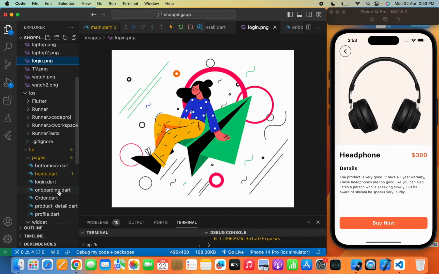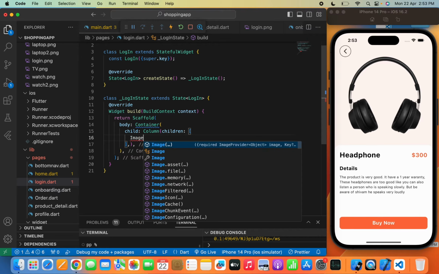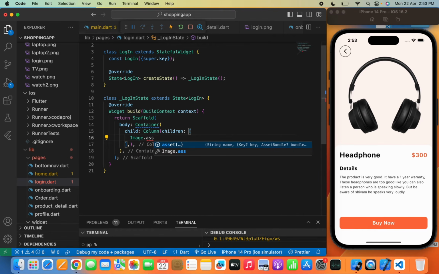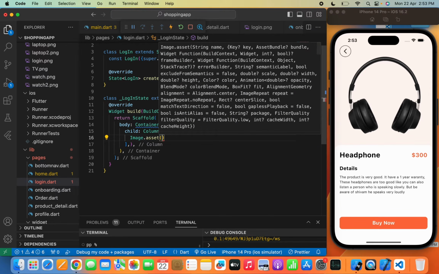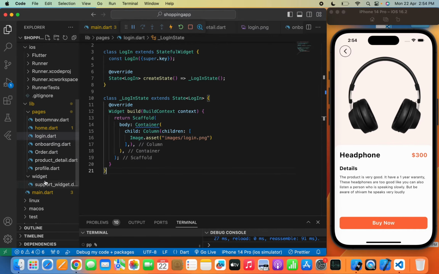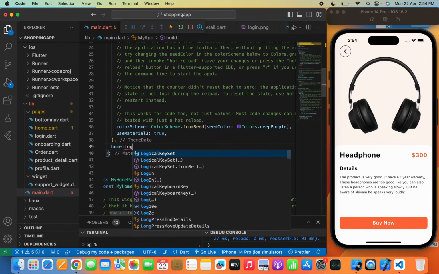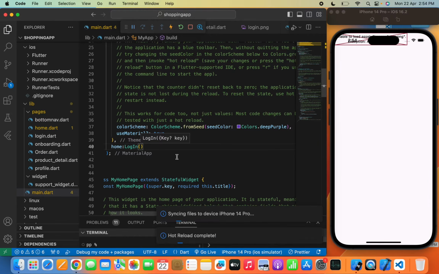Now let's move to the login.dart page again, and you already know that to get the image from the images folder, use Image.asset and we'll write the exact folder name and exact image file name which is login.png. Now let me show you what I am writing in this login.dart file. So let's move to the main.dart file and I will simply call the login page here and